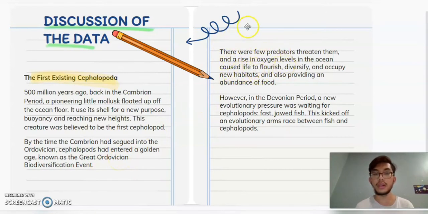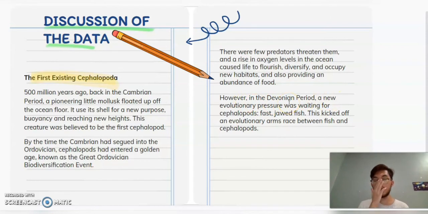During the Ordovician period, there were few predators threatening them, and a rise in oxygen levels in the ocean caused life to flourish, diversify, and occupy new habitats. This also provided an abundance of food, so that's why the cephalopods were able to diversify and expand their territory in the ocean. However, in the Devonian period, a new